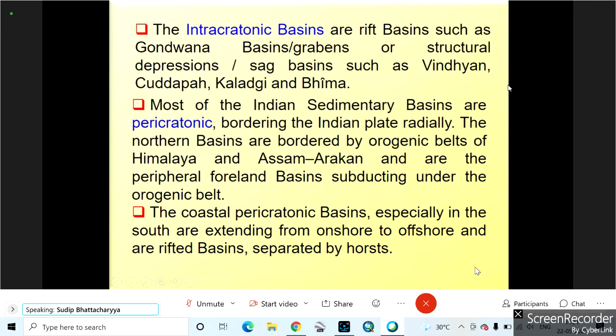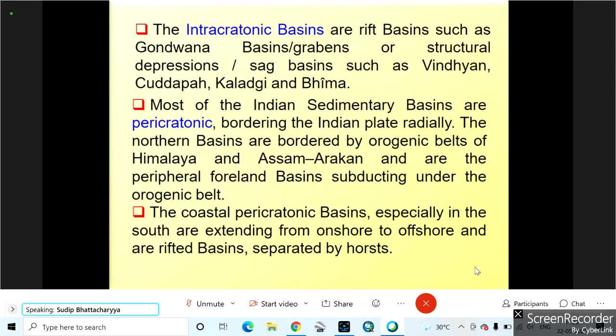Those are large lagoonal or large lake deposits, so there are possibilities that hydrocarbons may be